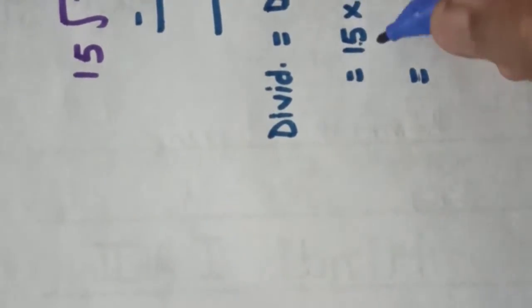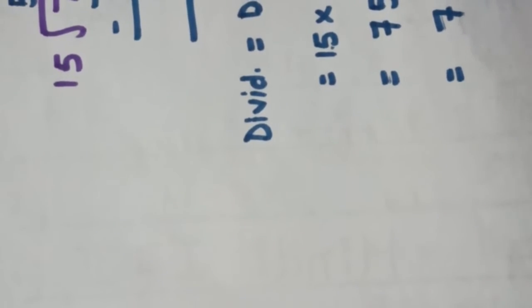Now let us multiply. We just need to multiply 15 into 5, and after whatever answer we get, we'll put 0 over here. 5 fives are 25, 2 is there in carry, 5 ones are 5 plus 2, 7. This is the answer of 15 into 5. Now let us put 0, and then we need to add this 9. Now see, 750 plus 9 will give us 759, and this is the same number that we have over here. It means this is the dividend, right? And this is the same dividend we got over here. It means our division part is correct.